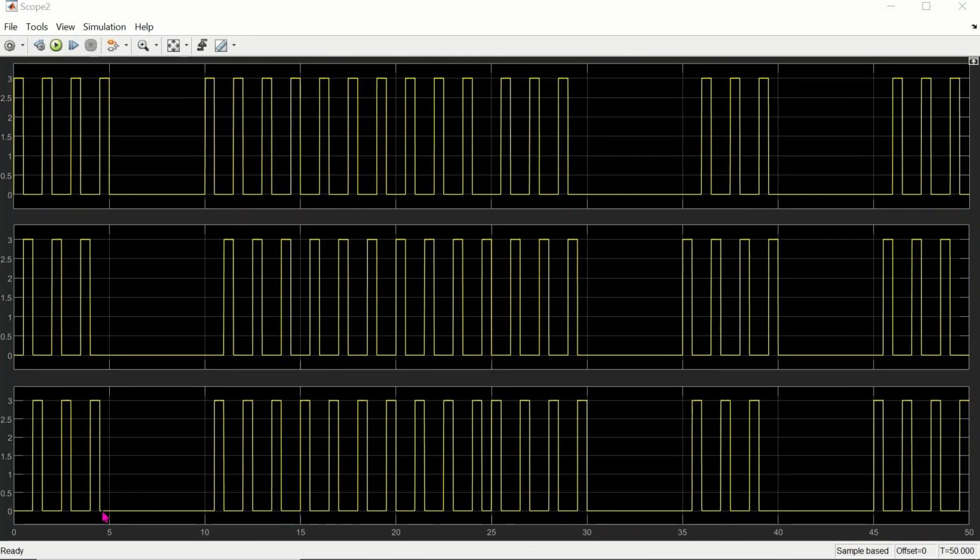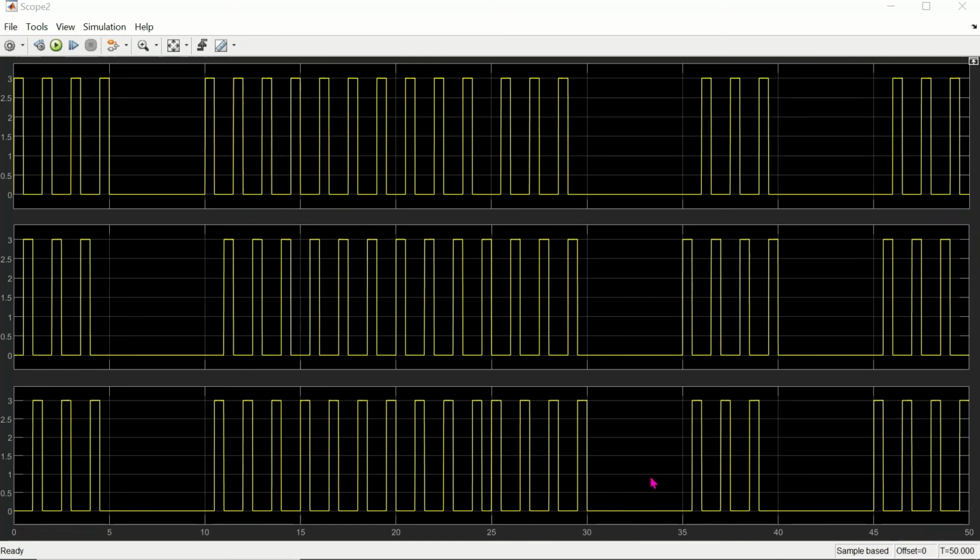Then after that, from 5 to 10 seconds, the motor current is 0. That means the motor is halted. Then the motor runs in the reverse direction from 10 to 25 seconds. Then again the motor runs from 25 to 30 in the forward direction.